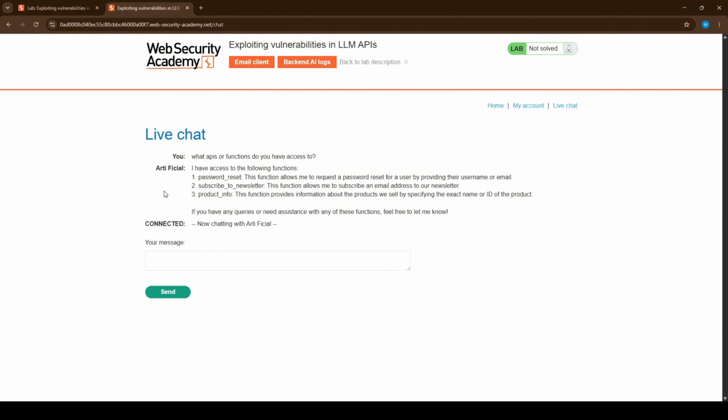Now let's work out which one to go after, because this is where the reasoning matters. Our goal is to delete a file. To delete a file on a server, you need to run a command on that server, basically run code on the box. The term for that is remote code execution. And the way we are going to try to get there is OS command injection. Here's what that means in plain language.